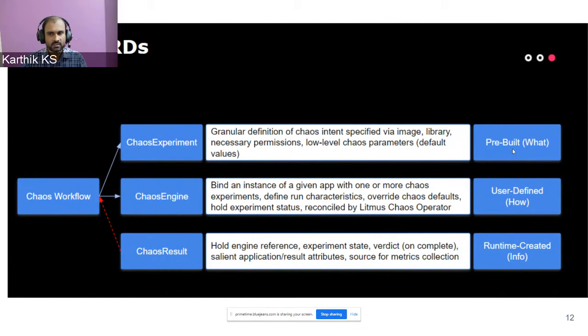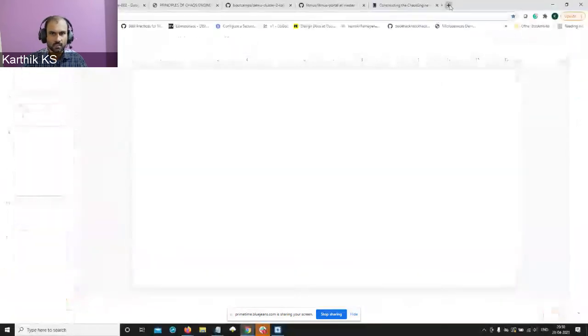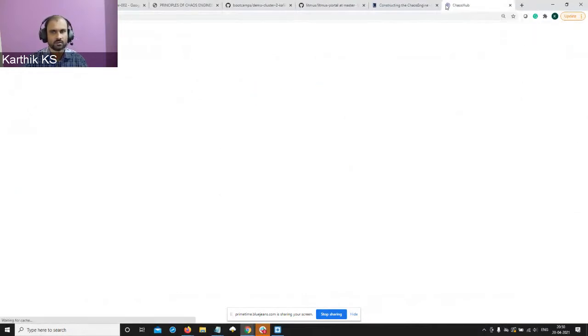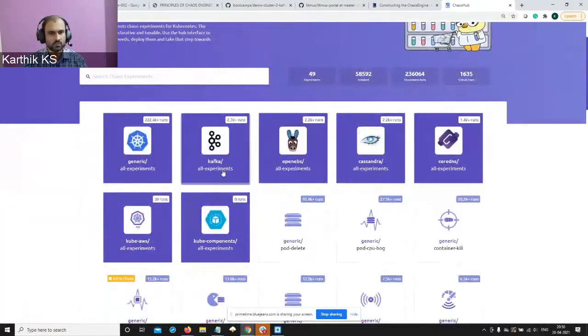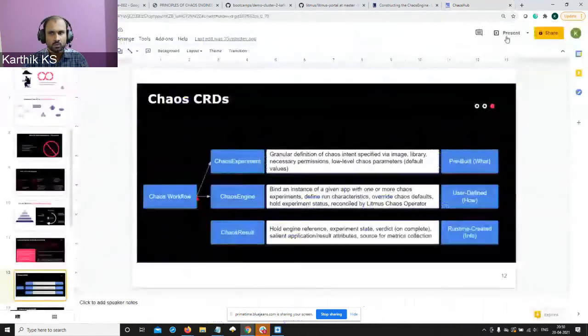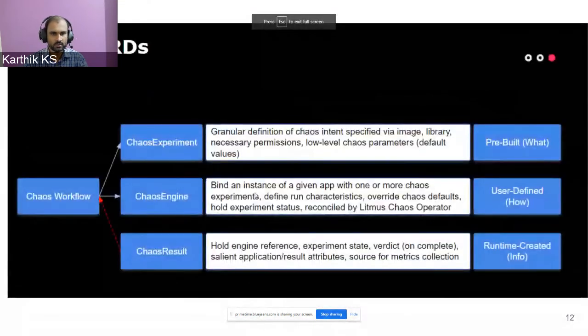It is pre-built and something that you can pull from what we call the Chaos Hub, which is an open marketplace for chaos engineering. So you can find some experiments here. Most of the Kubernetes service pods can be found inside the generic chaos experiments. This is where developers can contribute experiments into or pick experiments from, and you can be the maintainer of the experiments here. So the chaos engine, the other one, is what you might be dealing with on a day-to-day basis